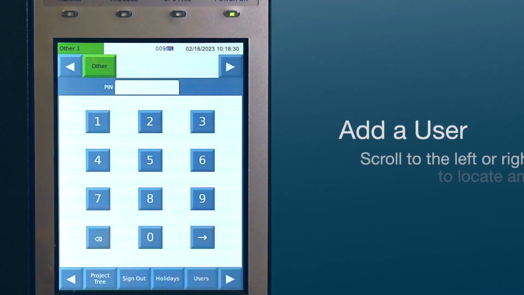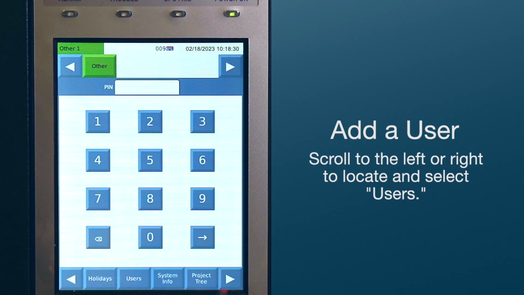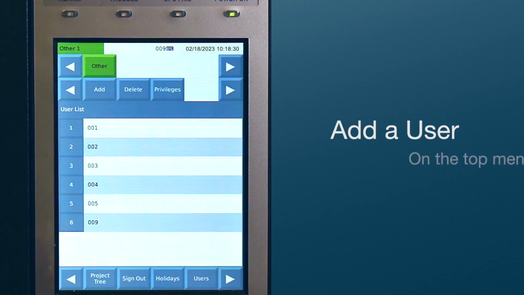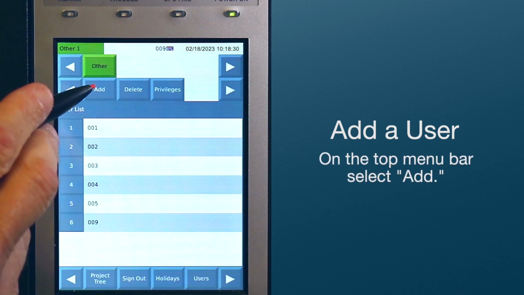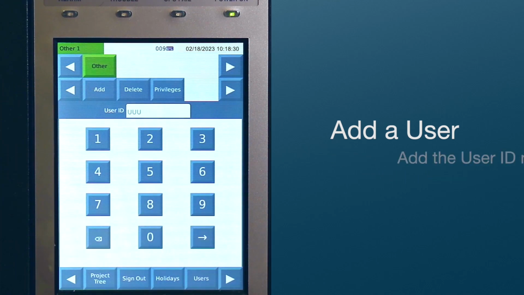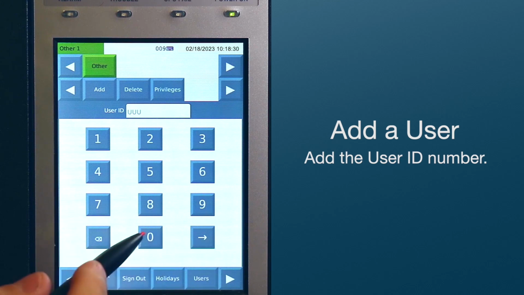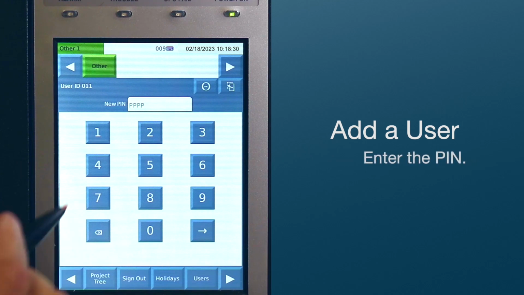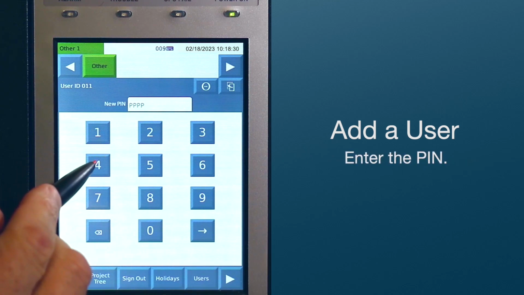To add a user, scroll either to the left or to the right to locate and select Users. Then, on the top menu bar, select Add. Next, add the user ID number. I will add user 11, so I will enter 011. Then enter the PIN. For that user, I'll enter